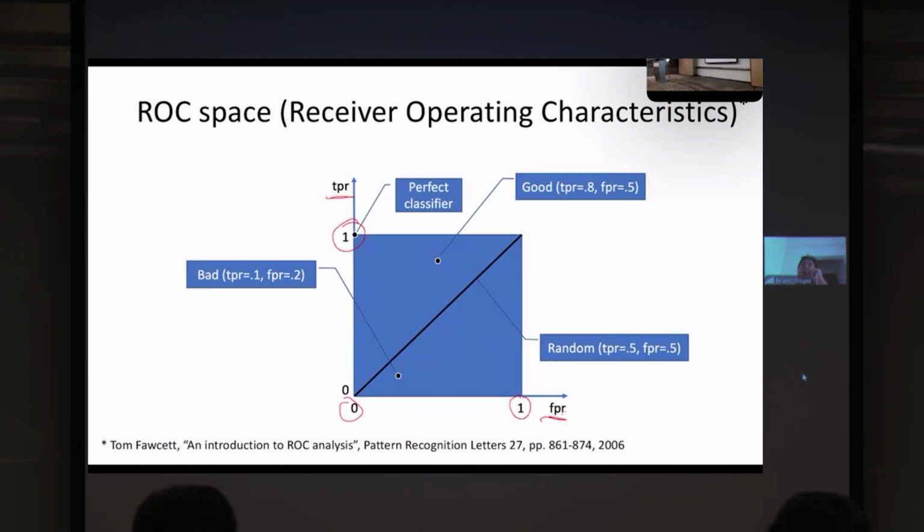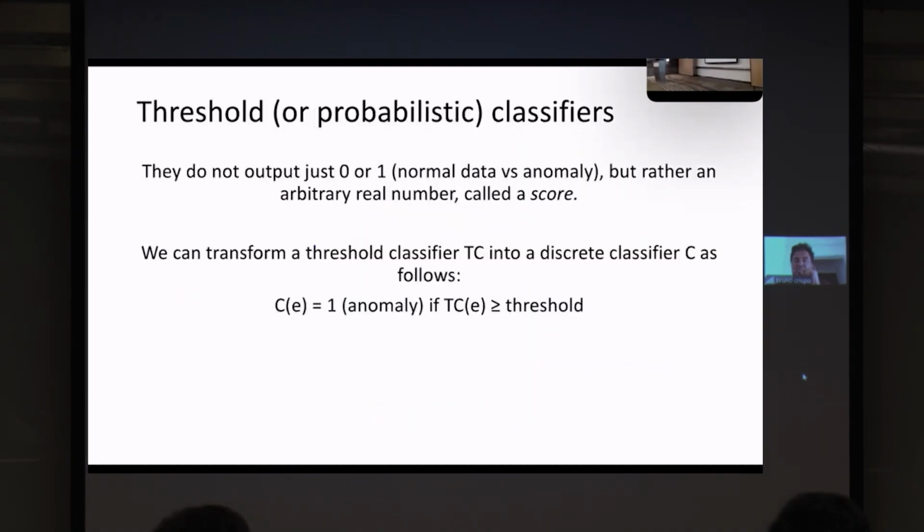Interesting is the point in the diagonal. These are the cases where, when you see, for example, some traffic, then establishing if it's an anomaly or not is equivalent to tossing a coin. So you have a 50% chance of classifying one or the other. So definitely you want your classifier to belong in this area, while if it belongs to this area, so you have this kind of behavior, then the classifier is pretty useless because it performs worse than a random choice. Why the ROC space is useful, we will see now.